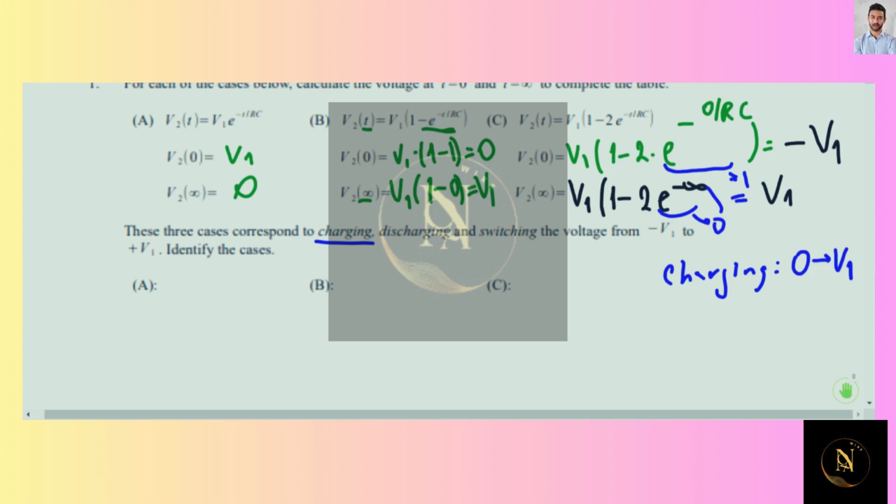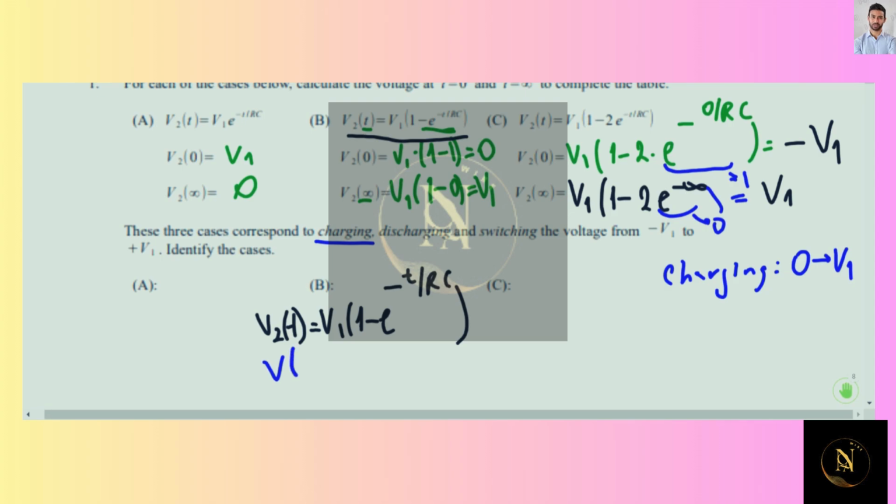Therefore, we have to find the situation, and basically this is situation 2. So here voltage equals V1 multiplied by 1 minus exponent powered by negative t over RC. So again, as we've shown,